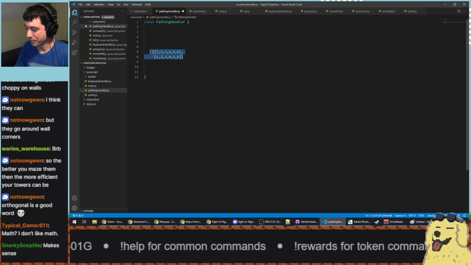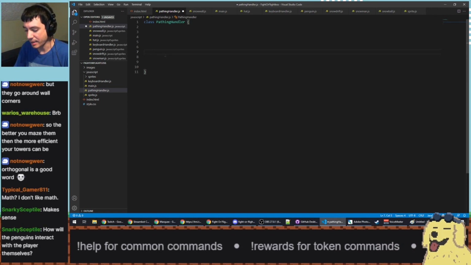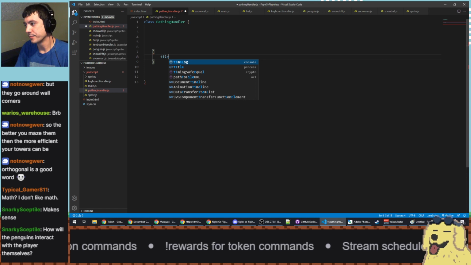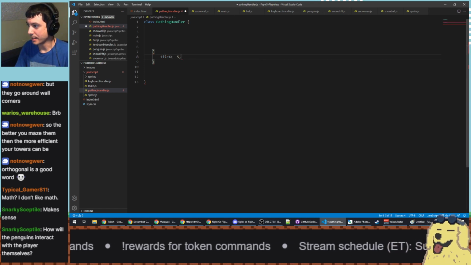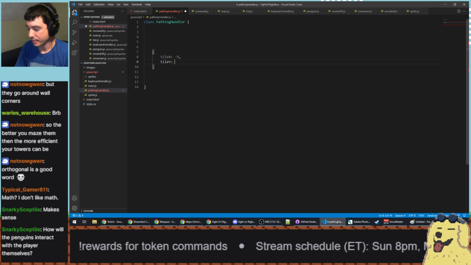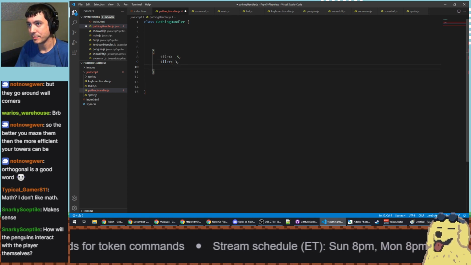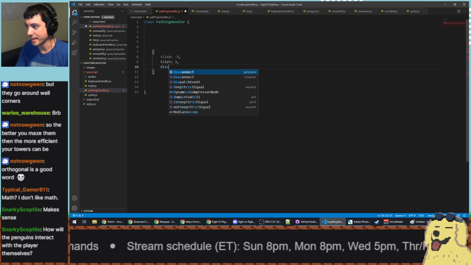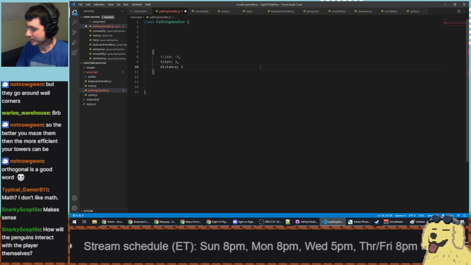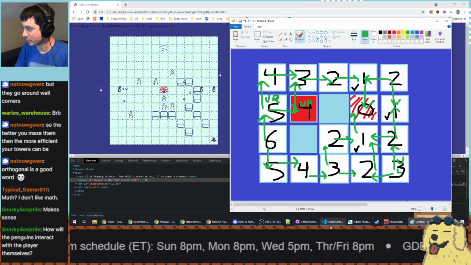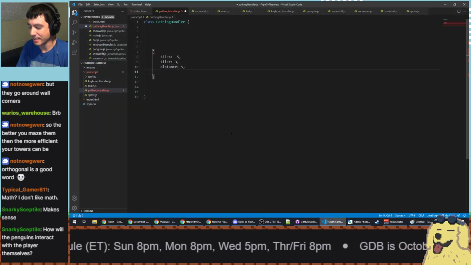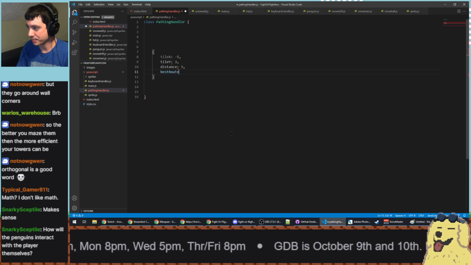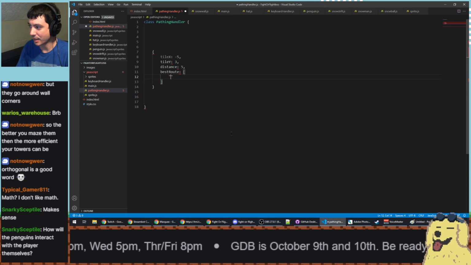So what we might end up doing is we might make each tile an object that stores a tile X, a tile Y, and its calculated distance, which is the numbers from our diagram, the black numbers on this diagram. And then finally, its best route, which is a list of up,